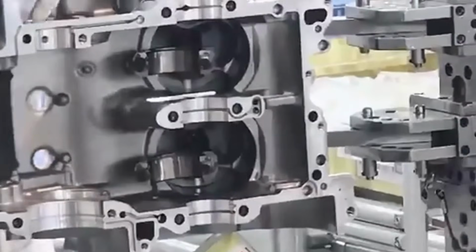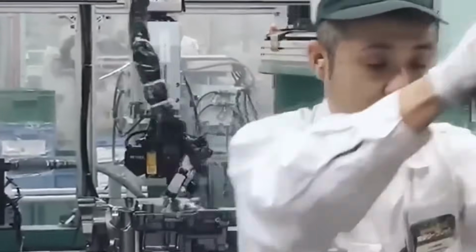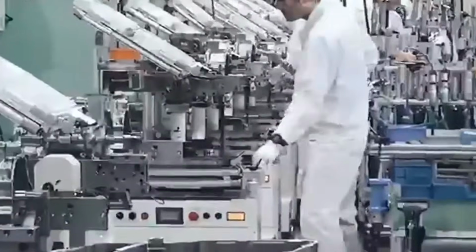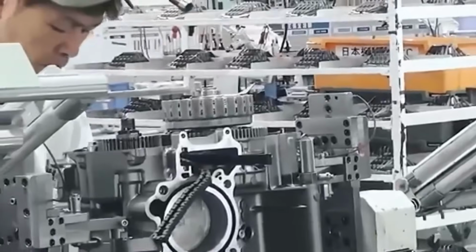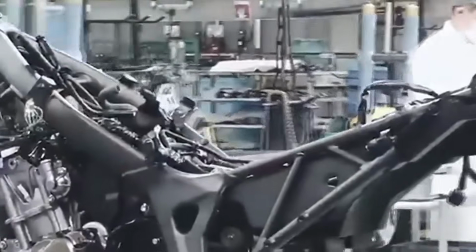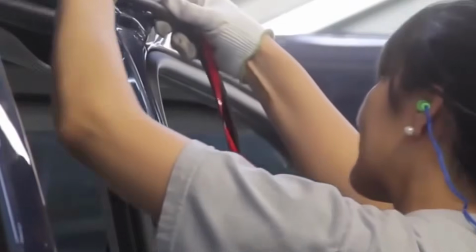Despite this high degree of automation, human workers play a vital role. Technicians monitor robotic operations, inspect weld seams visually, and perform manual welding in areas where robots cannot easily reach, such as complex internal joints or tight cavities. Importantly, Honda applies its stop-the-line authority in this department. Any associate who detects an issue is empowered to halt the line and initiate corrective measures immediately. This is part of Honda's respect for humanity approach, trusting operators not just to follow instructions, but to contribute actively